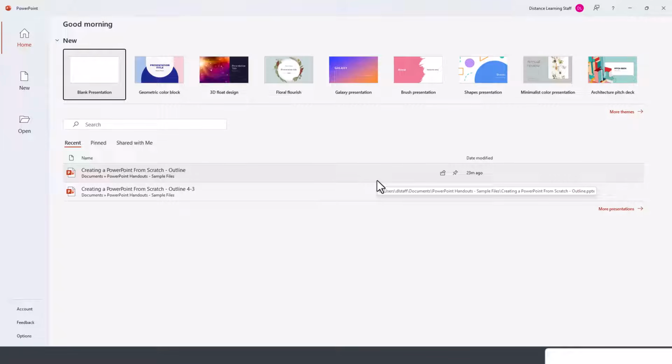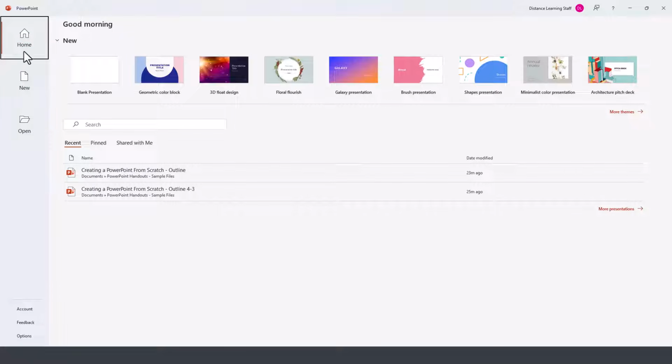And let's acquaint ourselves with the general interface for PowerPoint 2021. On the left-hand side, we have the Home option. Home option will present us with the option to start a blank presentation or to use various templates that are installed as part of PowerPoint or that we can download from Microsoft, and I'll get into those in just a moment. Then further down here is where we can search for specific files, and here we have recent PowerPoint slideshows that I have used,